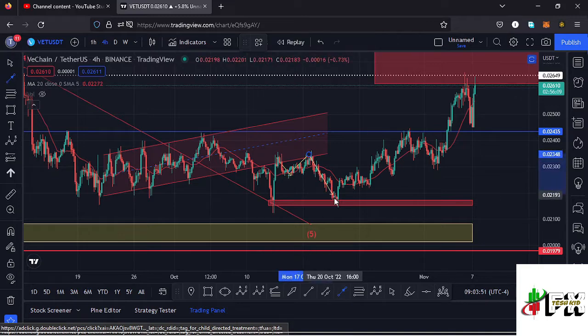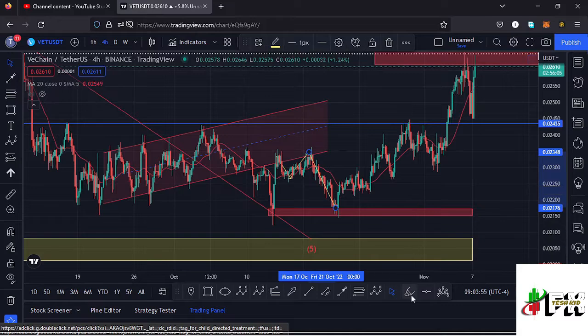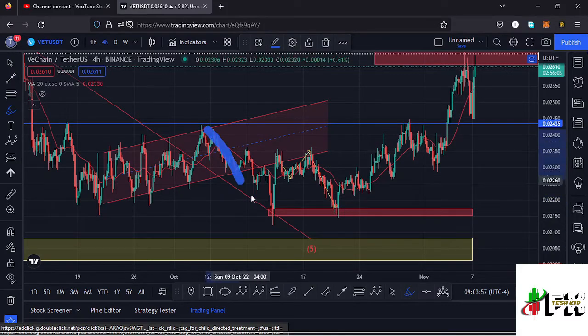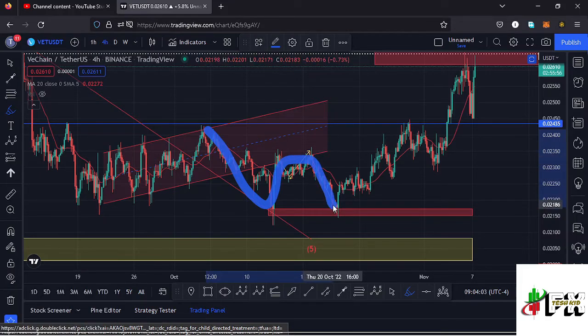lower. And in that movement, we saw the formation of a chart pattern which is right here, which is a double bottom. And if I draw it out, you can have that as the first bottom, then saw a very nice movement to the upper side, seeing the formation of the neckline, then continued pushing lower in the formation of the second bottom. And right now we are seeing a breakout to the upper side, and this is a chart